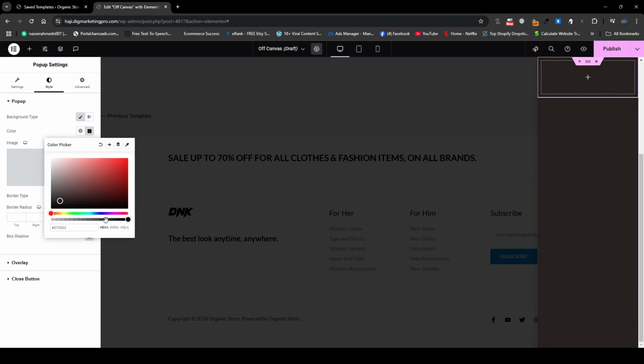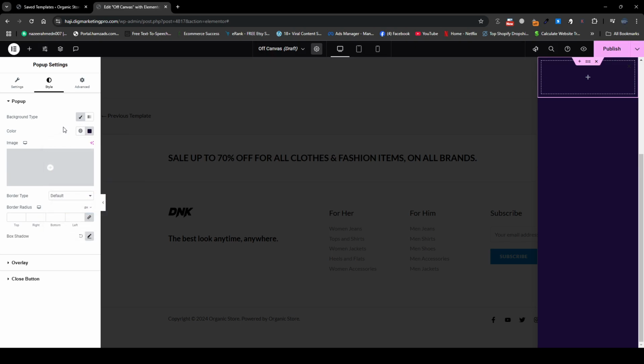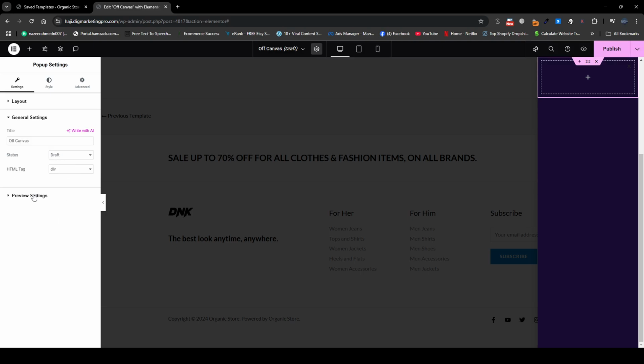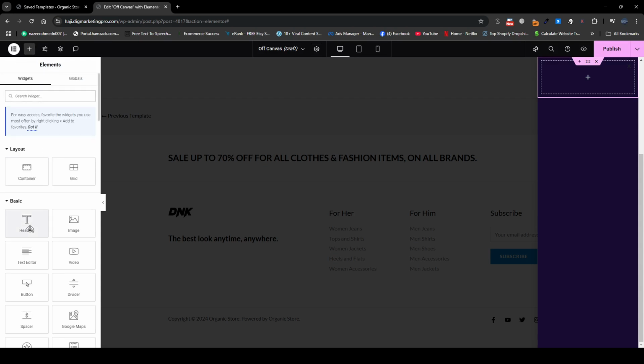You can see the background, and let me make it a little bit like this color. I think it looks quite good. Now let me go to settings, where top, bottom, everything is set: general settings, preview, and so on.